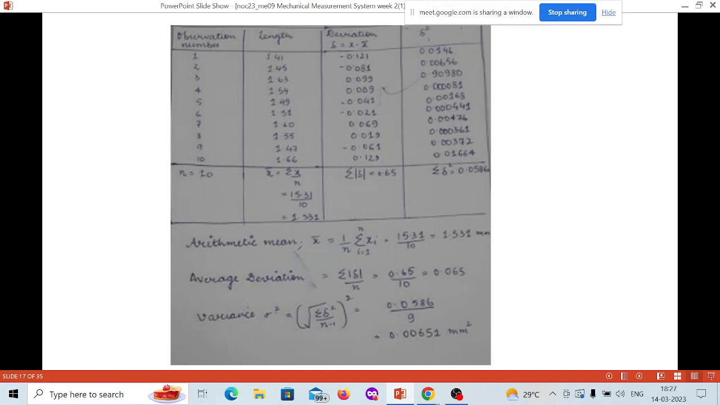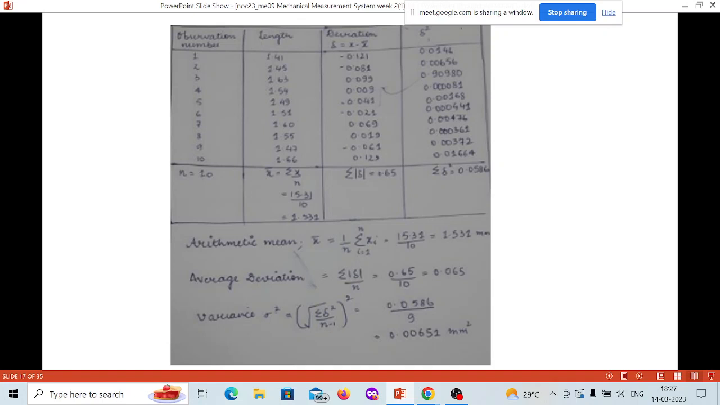Here we have been asked to calculate variance, which is the square of standard deviation. So sigma square equals the square of the standard deviation values. From the deviation square you get 0.0586, divide by n minus 1. n is 10 here, so n minus 1 is 9. So 0.0586 by 9 is